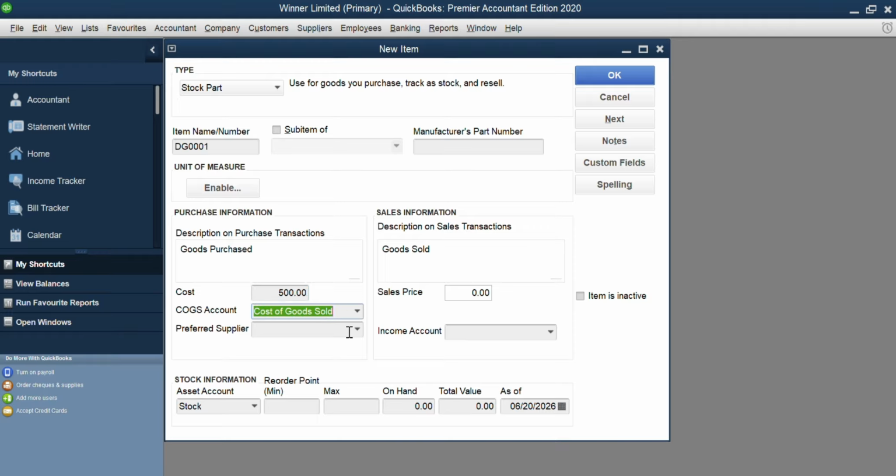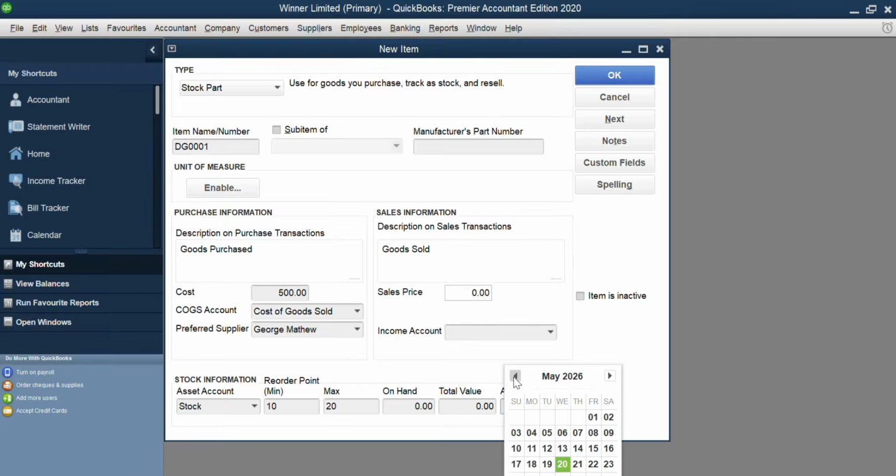Remember that when we are talking about stock, this stock is what we normally produce and sell, and sometimes we can also purchase some stock. That is the reason you can see we have the cost of goods side, the cost, and we have the sales side, which is the sales price. The sales price gives us the income, and the cost of goods gives us